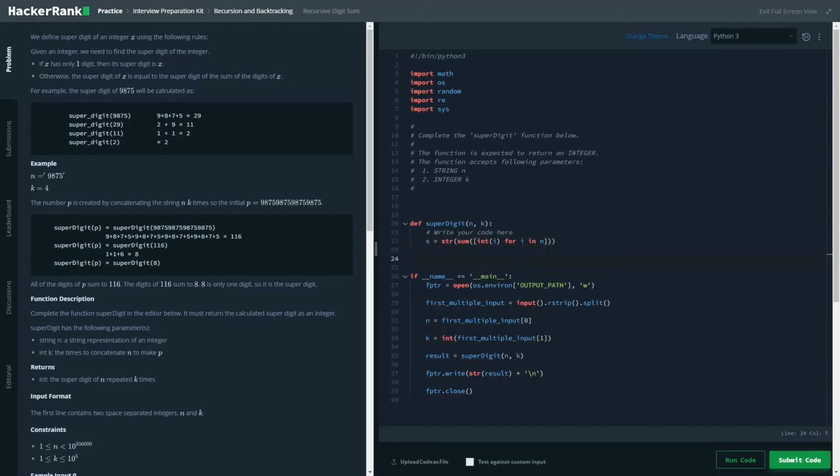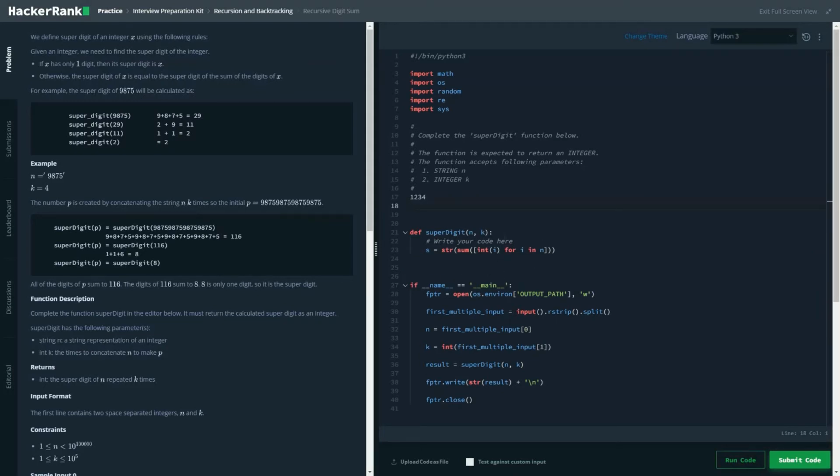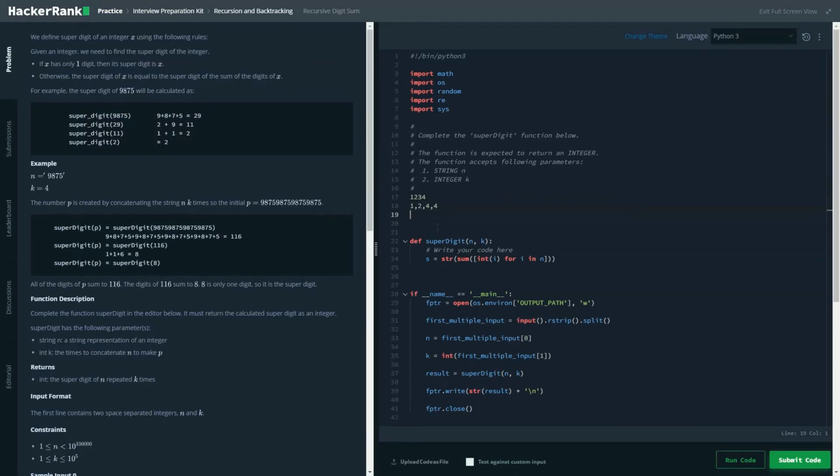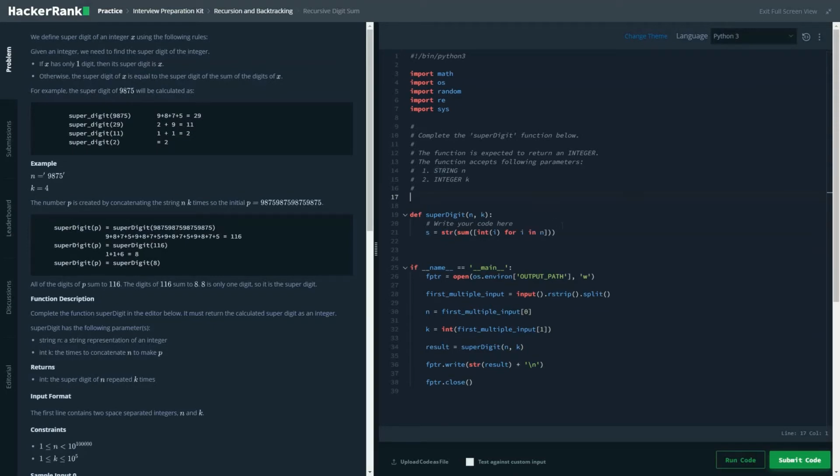Here we have done this summation in a single line, just to reduce the time complexity. For example, take any number, let's say 12345. A loop creates those digits in a list, and at the end adds them up. The sum becomes 15, and at last an str function makes it a string value of that sum. So that's the basic idea.